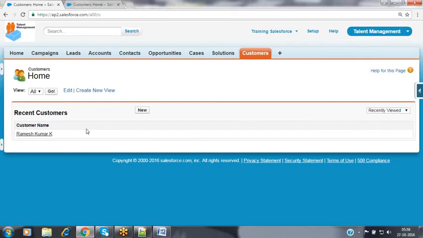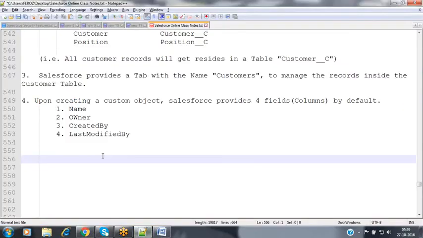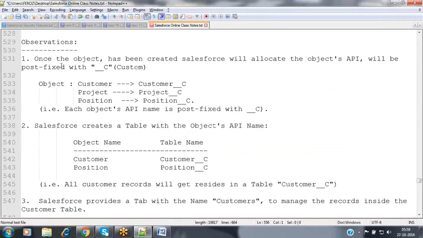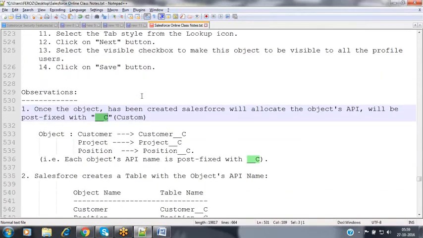Now let's see here. When coming to the object, are you clear everybody how to create a custom object and what will happen if I'm creating a custom object? Now let's see here. Upon creating a custom object, it is providing these 4 features to you. So now for that object, the API name is going to be suffixed with __c, okay, which indicates this is a custom object. Now, if it is a custom object, then what is the difference between a standard object and a custom object here? What options are available to you?